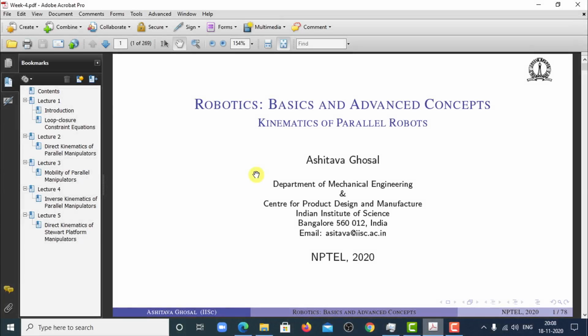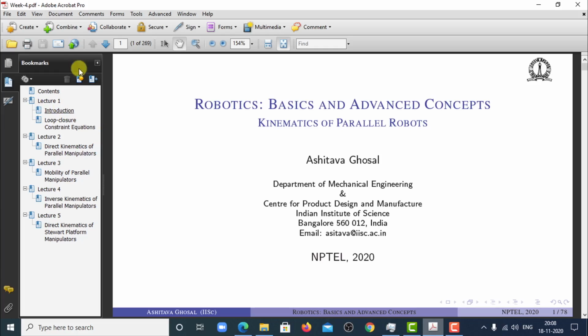Welcome to the NPTEL course on robotics, basics and advanced concepts. This week we will look at kinematics of parallel robots. Last week we had looked at kinematics of serial robots. Okay, so the contents of these